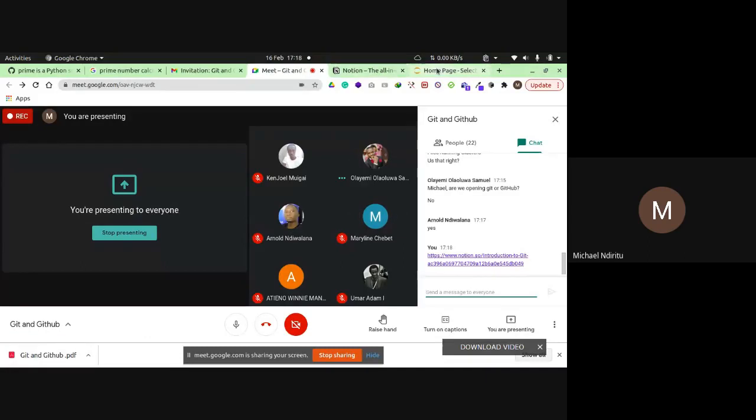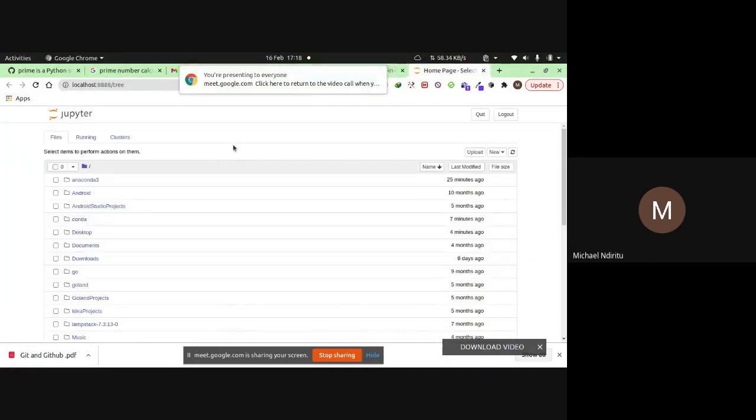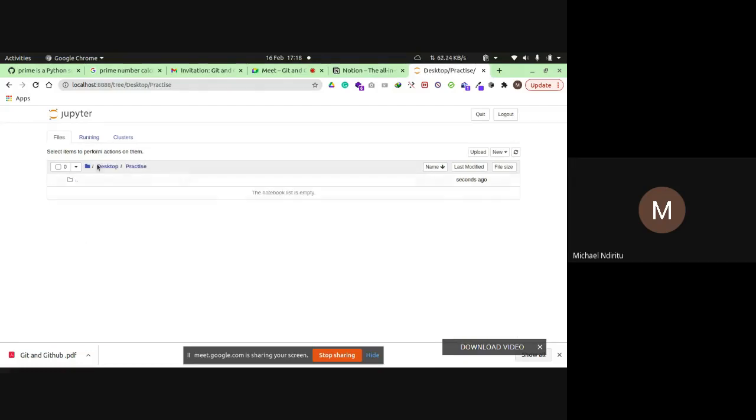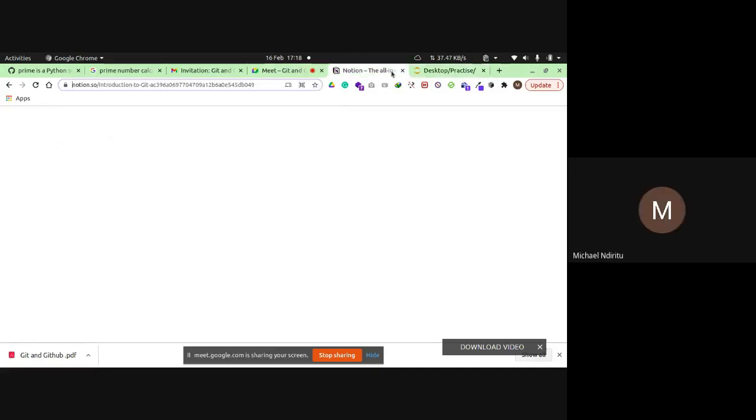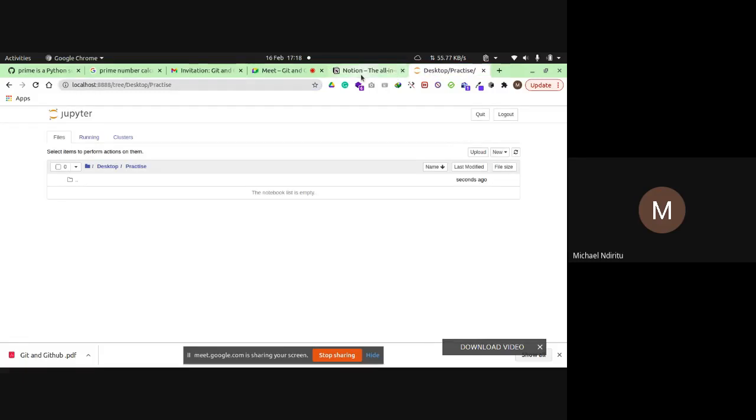So right now we are in GitHub. Okay, no, we are in Anaconda. We can now navigate to our newly created folder. It's called practice. No, from the navigator. Have you opened navigator? Yes. So navigate or just go to the folder you just created, the empty folder you just created in desktop. Hope everybody is following. From Anaconda Navigator, yes, Anaconda.